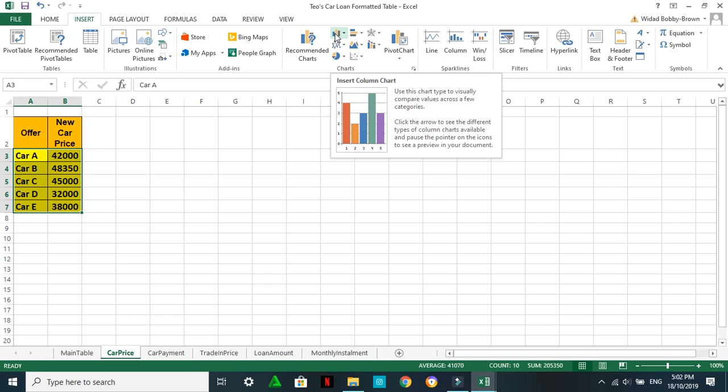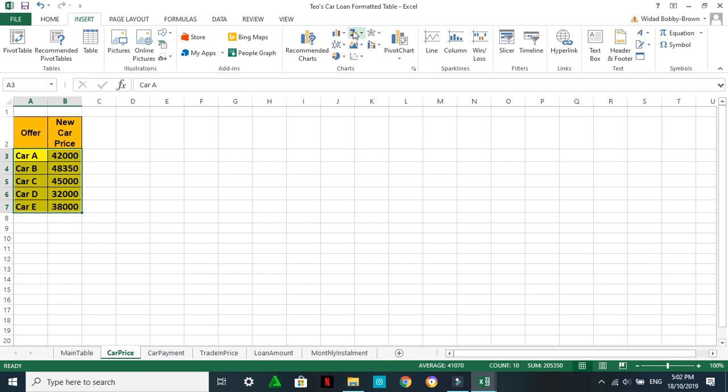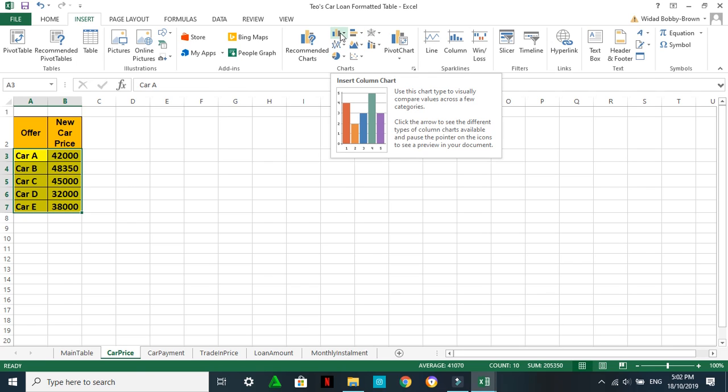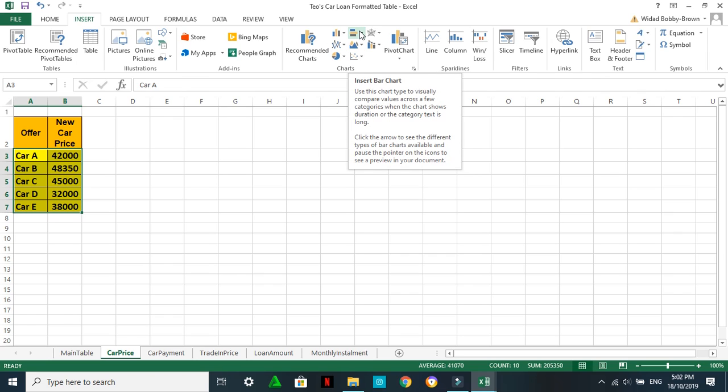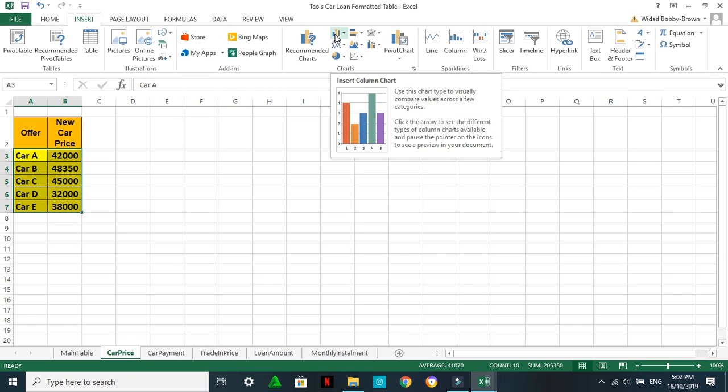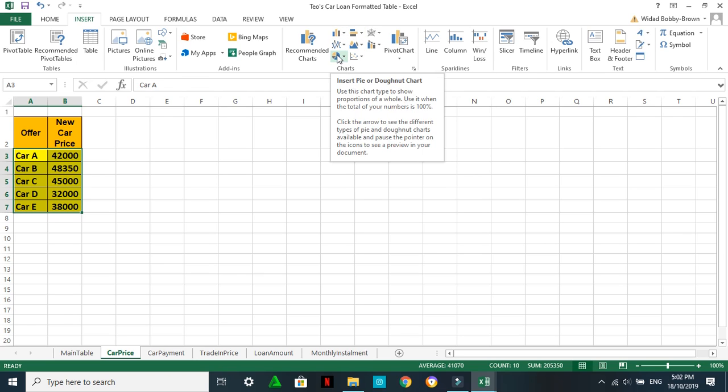and then usually if you want to compare something and you have only single data like this, you choose a column chart or a bar chart. You choose this type of chart, this and this. Bar chart, column chart. Pie chart usually is used to compare percentage, and line chart is to compare,